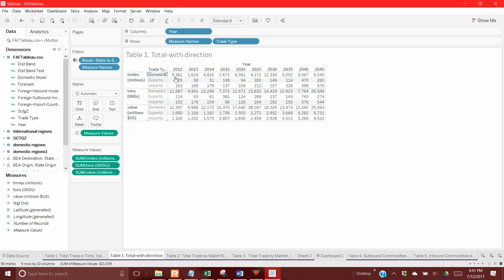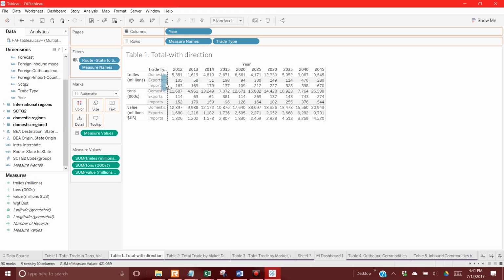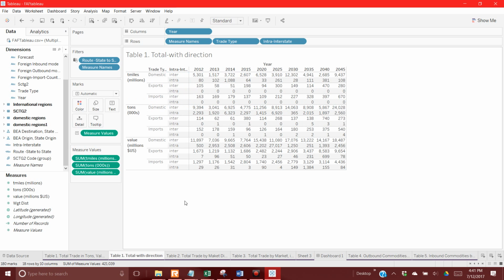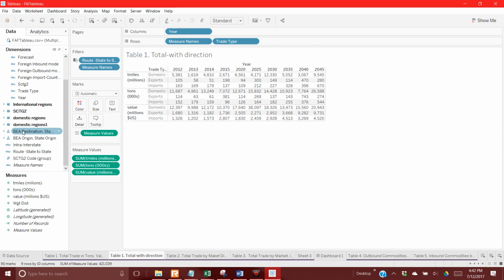So now we have total by direction, domestic, but we really don't have domestic, we just have imports or exports, and of course we don't have direction for domestic. So then we do this, we add right here inter versus interstate, so it still doesn't tell us direction. So title outbound. Oh, it'd just be easier to do it like this. Okay, so we come back here and we say